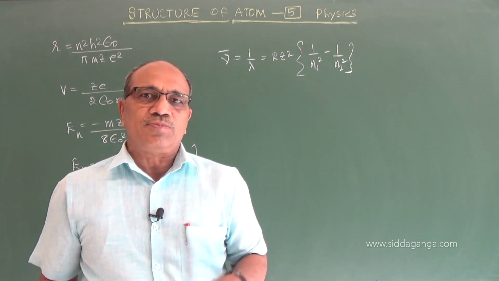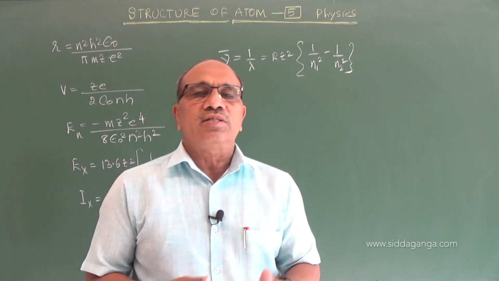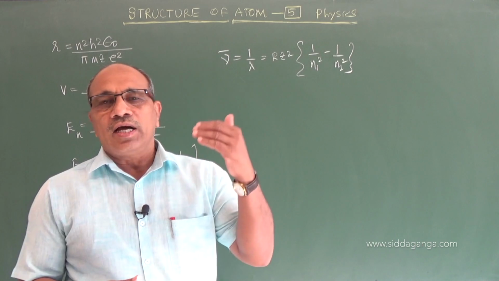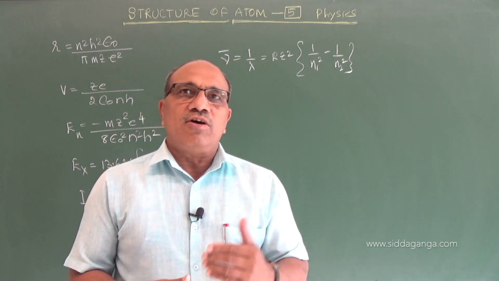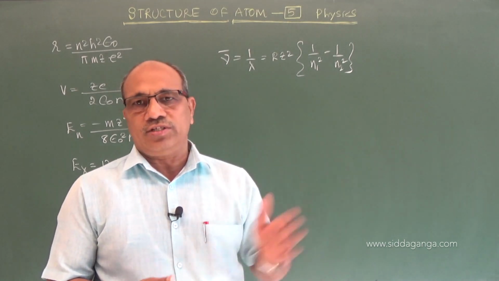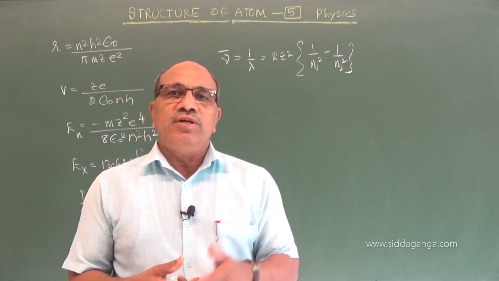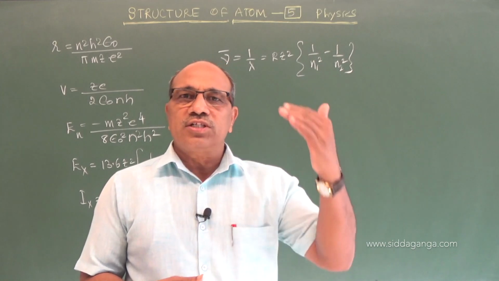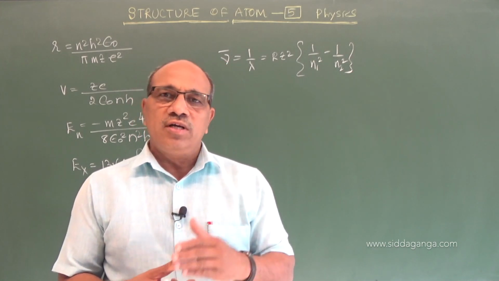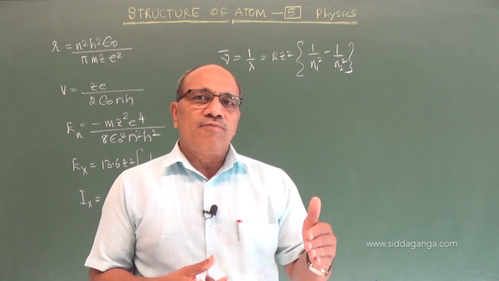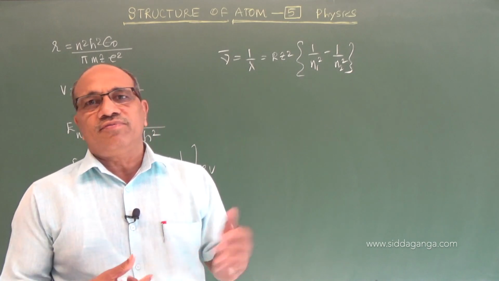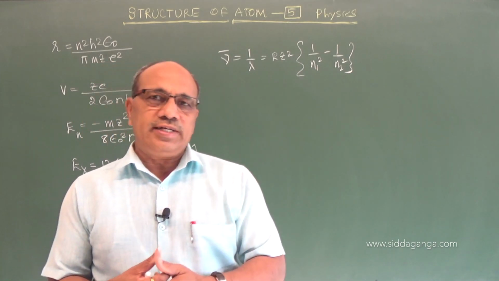Balmer series starts from n equal to 2. That means the limiting orbit number is 2. Electrons should transfer from higher orbits to the second orbit to give the transition of radiation. So all the possible wavelengths emitted when electrons transfer from higher orbits to the second orbit are called the Balmer series. Alpha is for 3, beta for 4, gamma for 5 and delta for 6, and these were calculated.